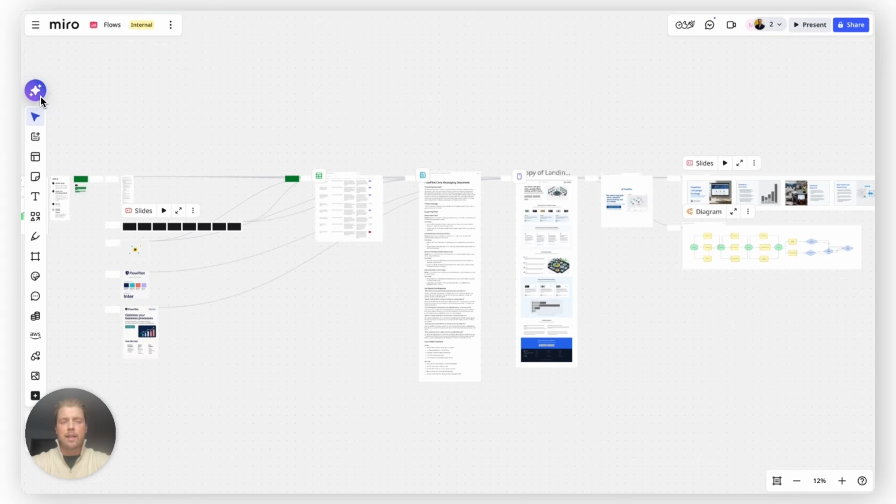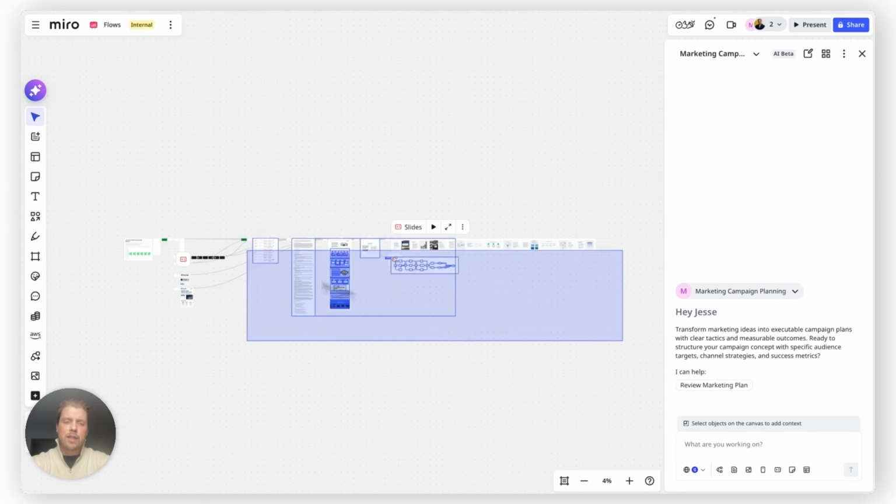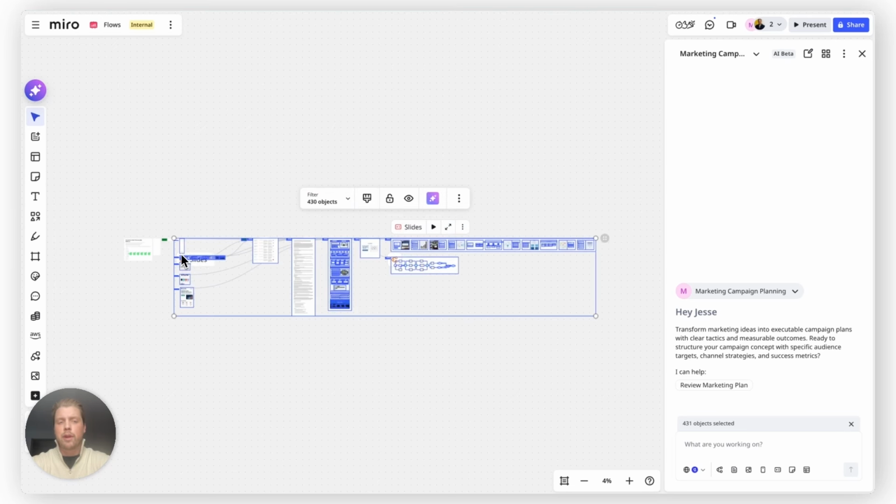So if I open up the Sidekick here, what we're going to see on the right-hand side is that our marketing campaign planning Sidekick has been generated, and this Sidekick was trained to help transform marketing ideas into executable campaign plans. So with this, what I'm actually going to do is highlight everything that was just created with Miro Flows, as well as our inputs, and I'm going to ask it to actually help us review the marketing plan and